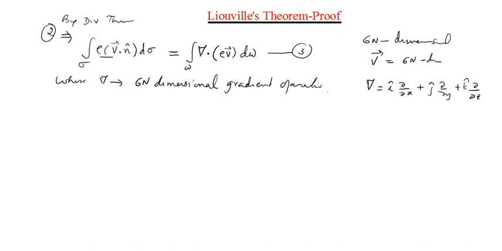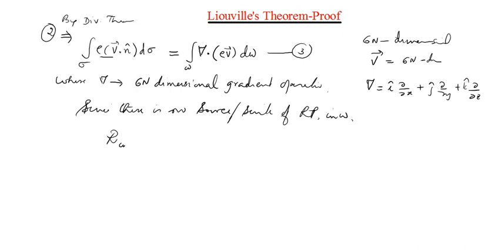So there are no sinks or sources inside the region omega. The rate, or the total number of representative points, should be conserved. Or we can say rate in should be equal to rate out. Since there is no source or sink of representative points in omega, we should be able to say that R in should be equal to R out. That is, equation 1 should be equal to equation number 3. I'm just equating.